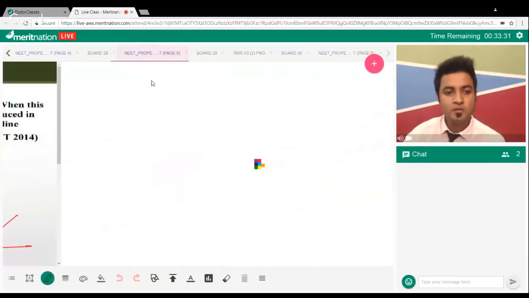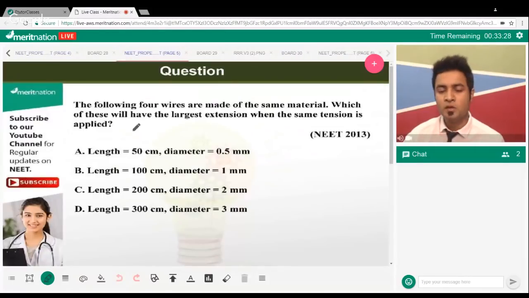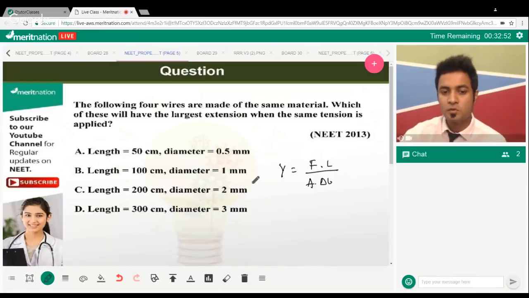Okay, so let's move to the next question here. You can ask me doubts if you have any. The following four wires are made of the same material. Which of these will have the largest extension when the same tension is applied? This question has been asked in a lot of exams, I guess in IIT as well. You know that Young's modulus is F upon A divided by delta L upon L, right? The wire diameter is given, so area you can write as